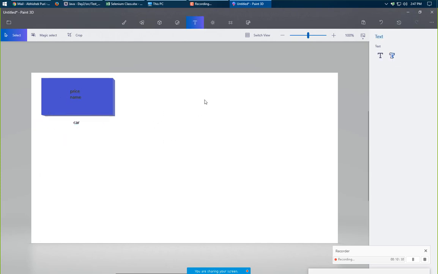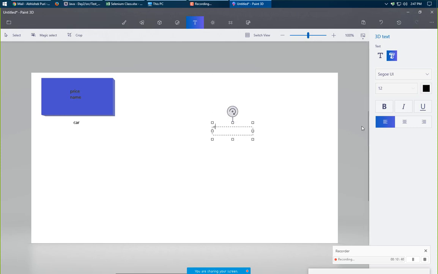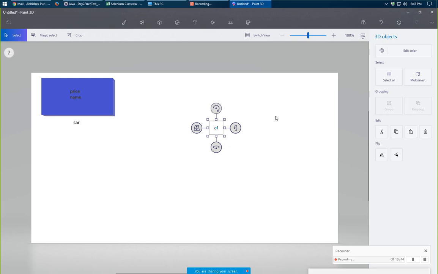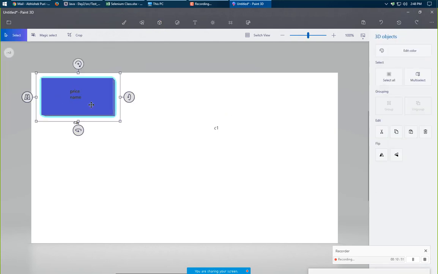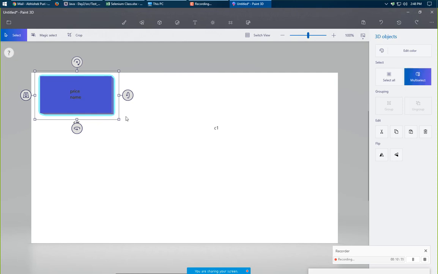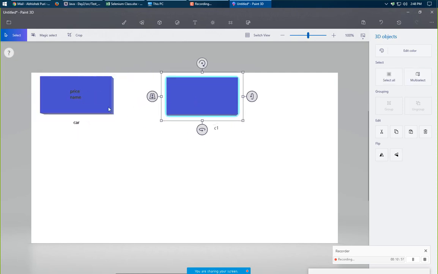When I want to allocate it a space, like in the C1, I created a C1 object reference. When I allocated it a new object, what happened here?